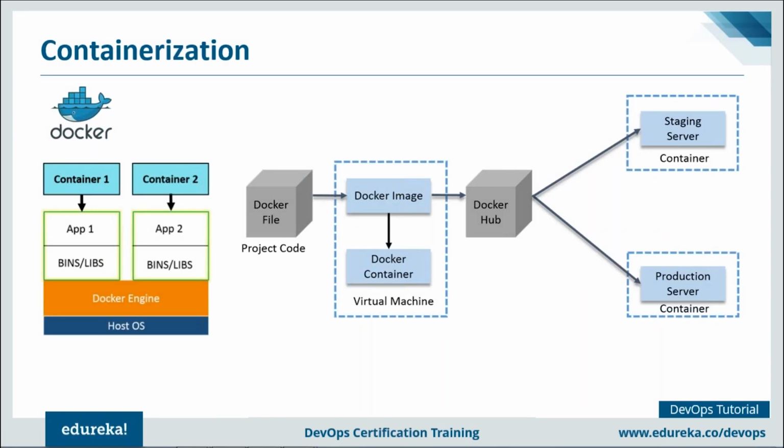What is the difference between virtual machines and Docker containers? So with the help of Docker containers, you don't have to pre-allocate any RAM. It will take as and when required. But in virtual machines, you have to pre-allocate some amount of RAM, because of which a lot of resources are wasted. So yeah, it's a lightweight alternative to virtual machines. It doesn't work on the guest operating system. It uses the host operating system, the Docker containers. So these are a few differences which actually make it better than virtual machines and a lightweight alternative to virtual machines.